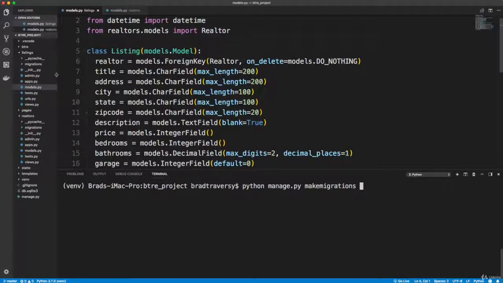update the database. And notice that in the listings folder, there's a migrations folder, which is empty aside from __pycache__. Same thing with realtors, it has the migrations. So what this will do is create a file that will get put in there based on the model. So if I run this,